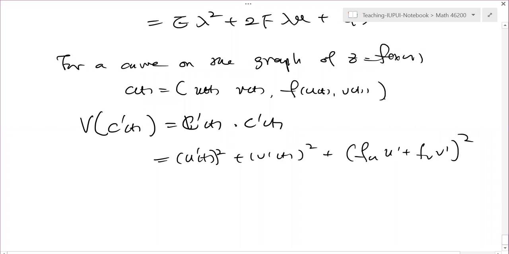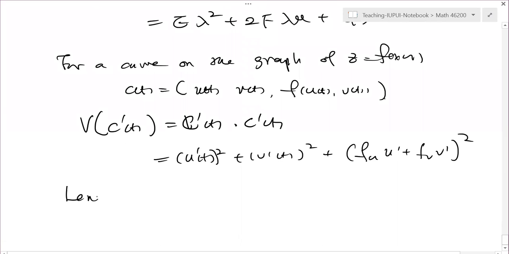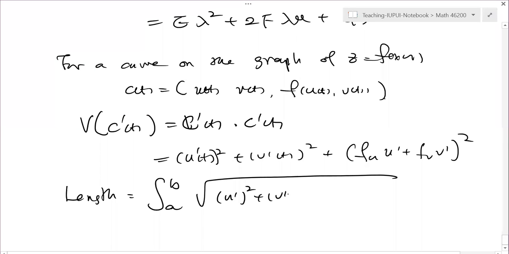So you can always use this. You can get it from here directly, or you can just find the dot product. The dot product gives the square of the length of the curve. So the length is going to be the integral from a to b